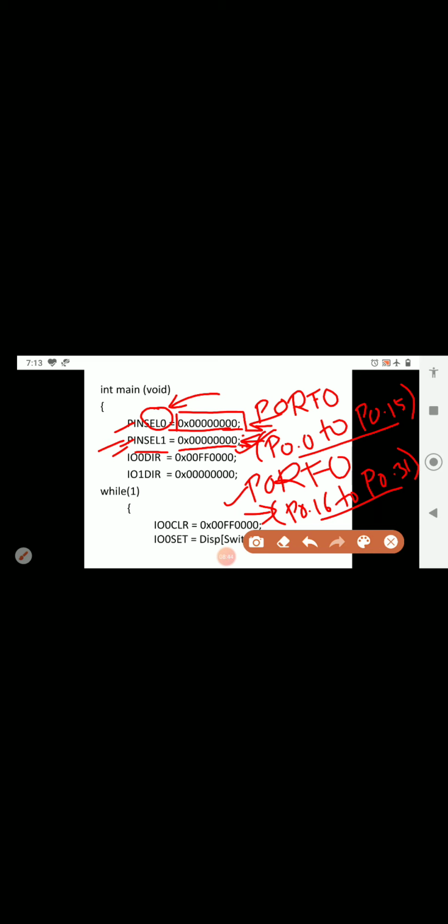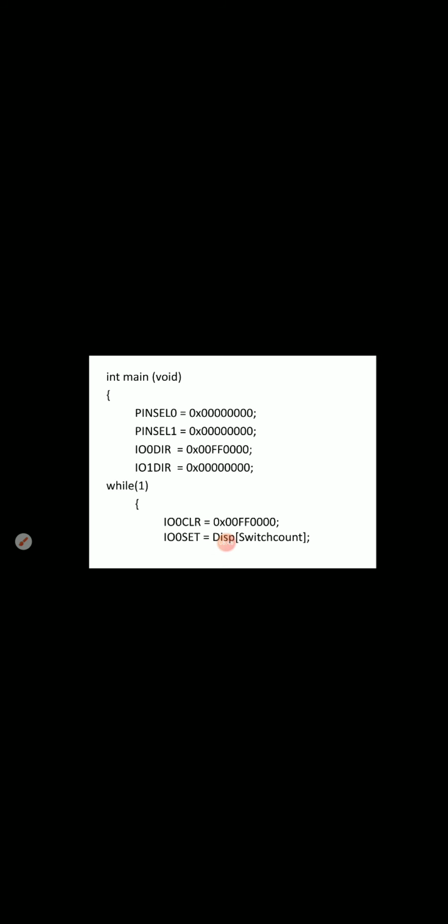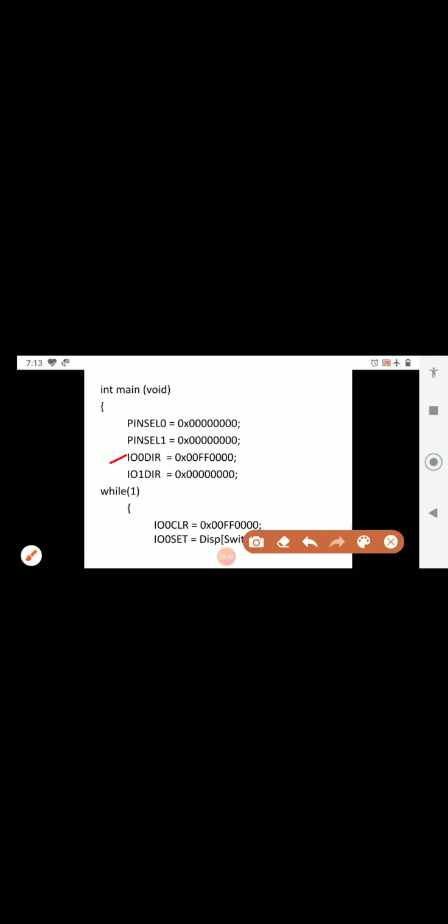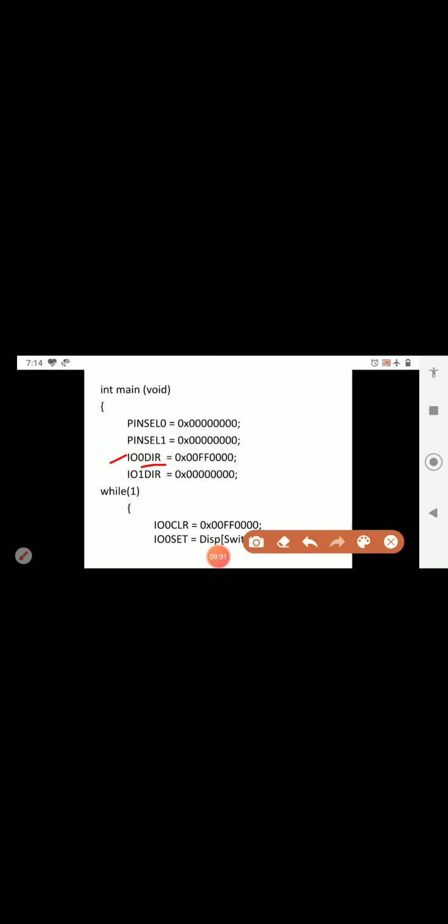After that the next instruction is IO0DIR. This DIR refers to direction, actually. So here IODIR means we are writing this in terms of IOxDIR, where x may be either 0 or 1.